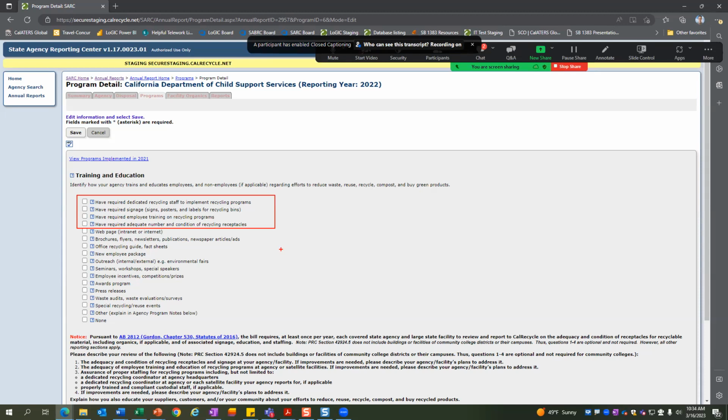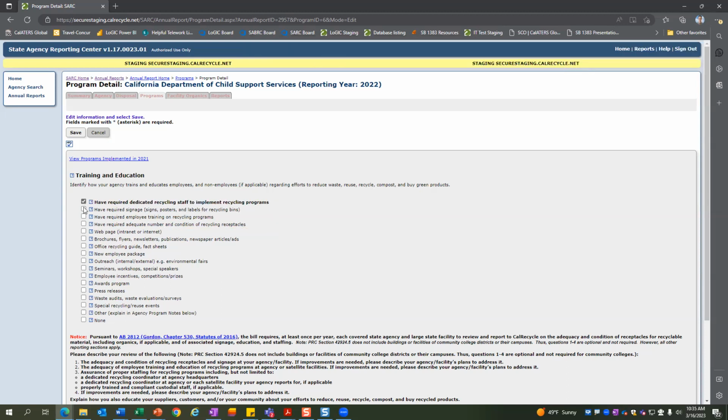So you have required dedicated recycling staff to implement recycling programs, required signage, signs and posters on your recycling bins for the types of materials that go in there. You're training your employees on the proper use of those bins, and you also have adequate containers for the proper separation and diversion of those materials. So these are required.